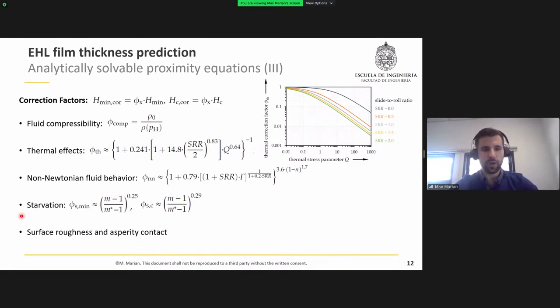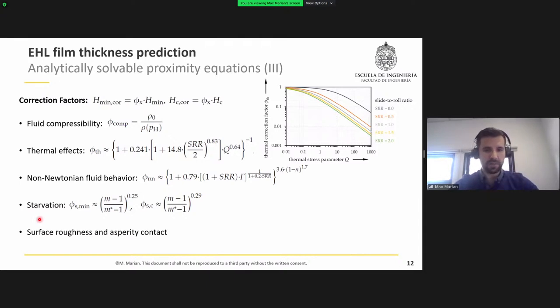However, there are cases where contacts may suffer from starvation because there are high speeds, highly viscous lubricants, or simply there is not enough lubricant supply. And then the starting point of hydrodynamic pressure generation is closer to the contact center, and the generated transportable lubricant film thickness is smaller